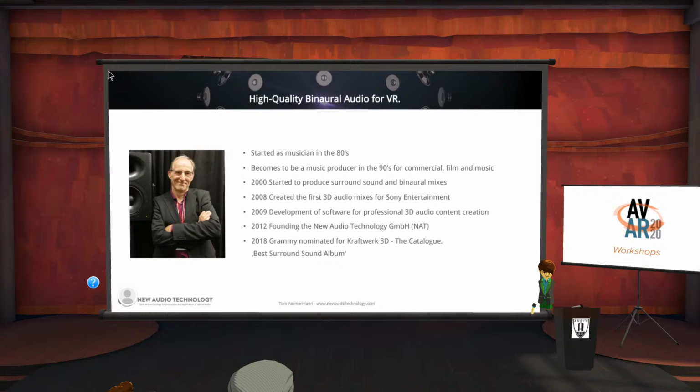Yeah, after I found the new audio technology, recently I got a Grammy nomination, and we will listen to that a little bit later, in binaural. I will show you a little bit how I worked on that, to give you an idea of one approach, my approach. I know a lot of people do it very differently, but this is my approach, and this is also the aim of this presentation. I'd like to give you some inspirations, some ideas, maybe to think about how to create something different,